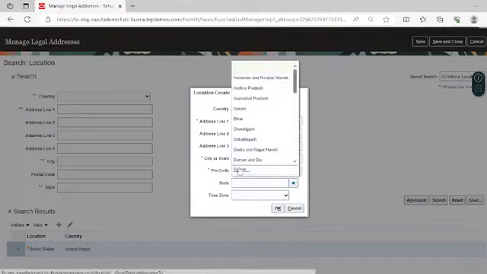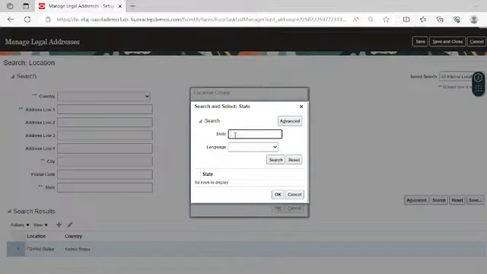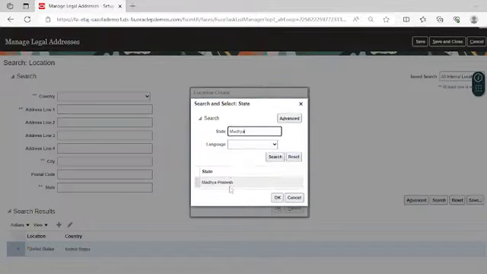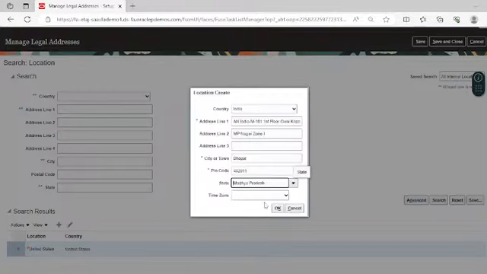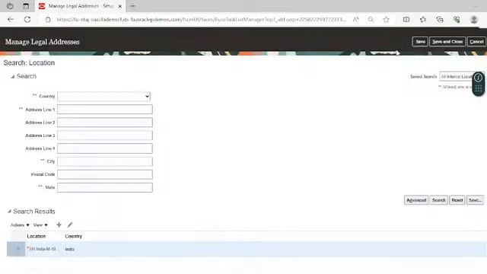So select the state here as Madhya Pradesh. Click on OK and click on OK again.